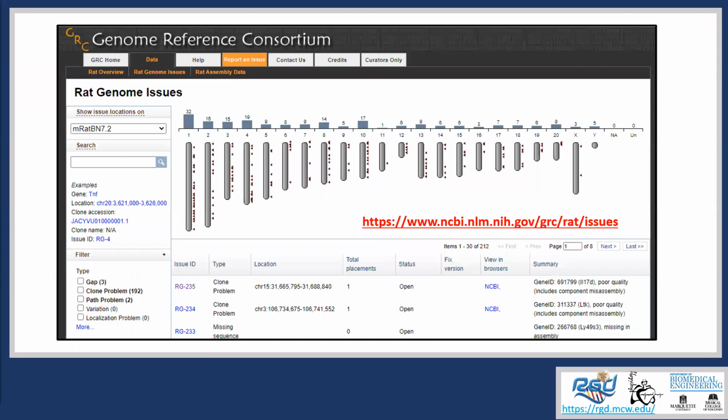The genome records were annotated with the NCBI eukaryotic genome annotation pipeline. Assembly issues are recorded in the Atlassian Jira ticketing system. The GRC rat issues dashboard pictured here provides public access to individual views of all reported issues and their resolution status. To determine a starting point, RGD provided the summary of issues to members of the International Rat Omics Consortium